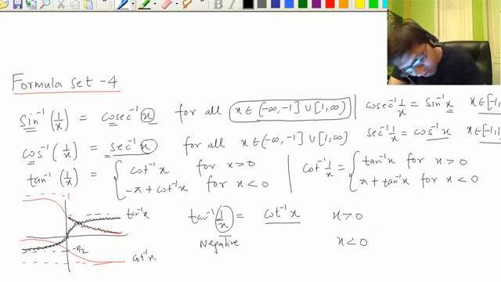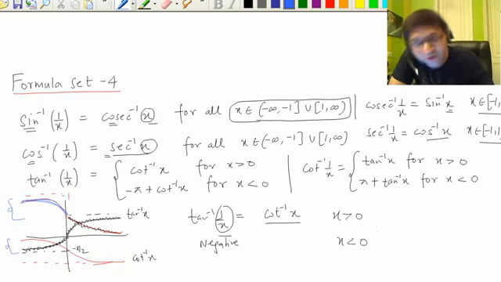What about the right hand side? Cot inverse, when x is negative? When x is negative, cot inverse x is here, standing here, and tan inverse x is here. Then how can the two be equal? One is between pi by 2 and pi, and the other is between minus pi by 2 and 0. They cannot be equal. That's why we have to redefine it, and that comes in the derivation.